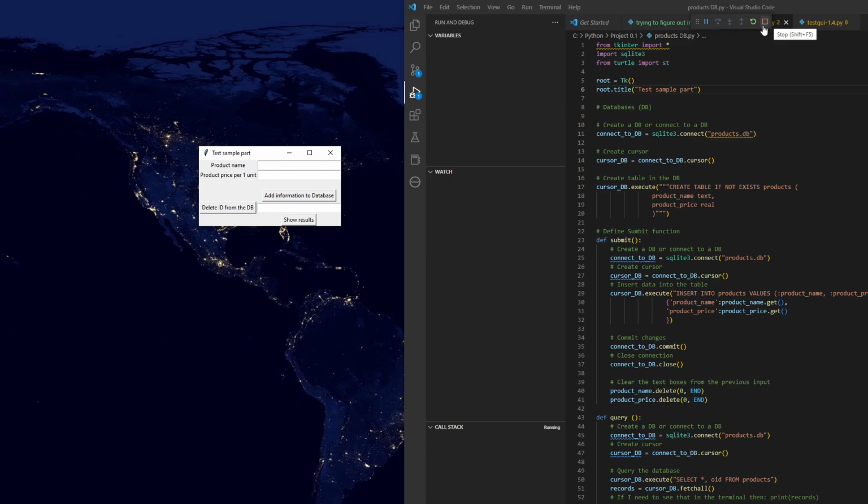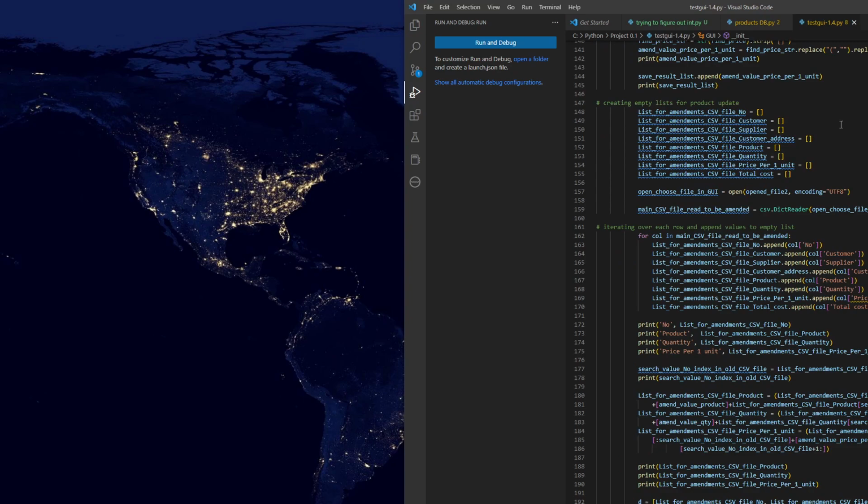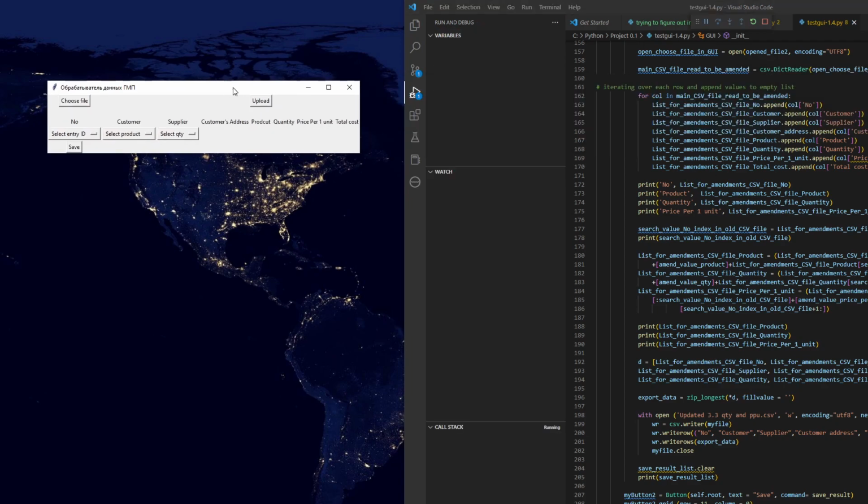Oh, it's not just in the terminal. Actually, I think there's this product.db file also. Yeah, so there's actually a database. So after that part, let me just open it up again. Yeah, after that part,